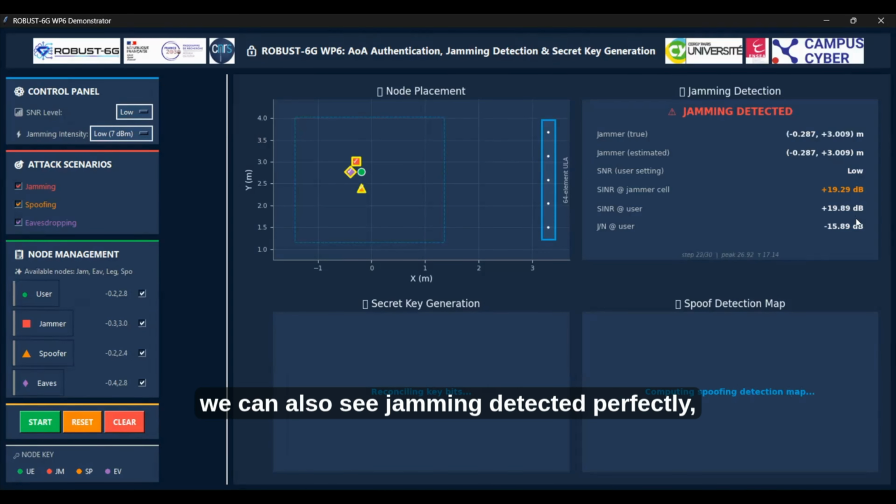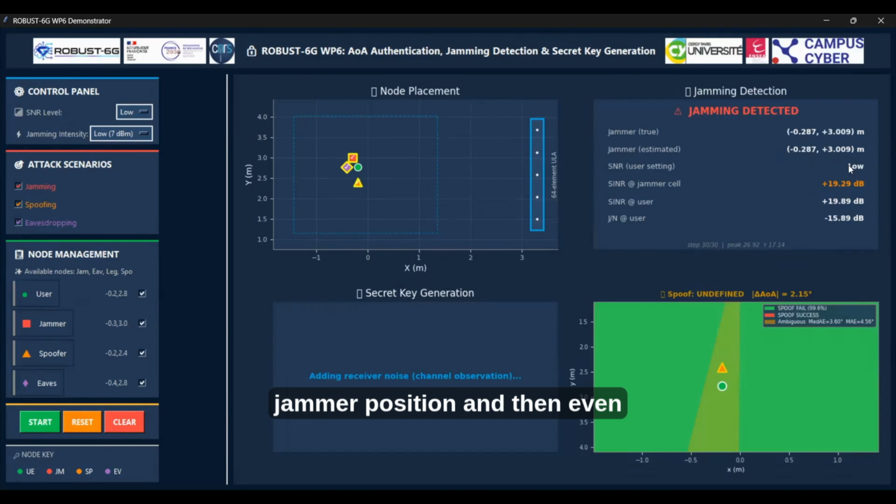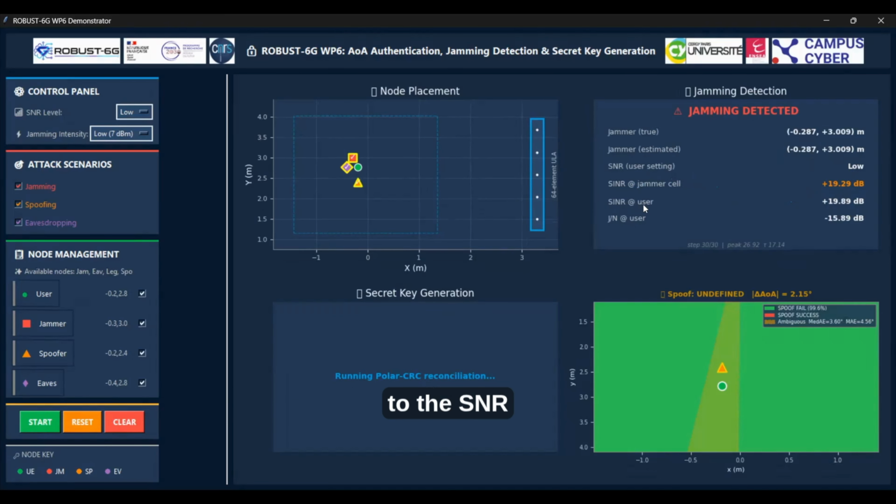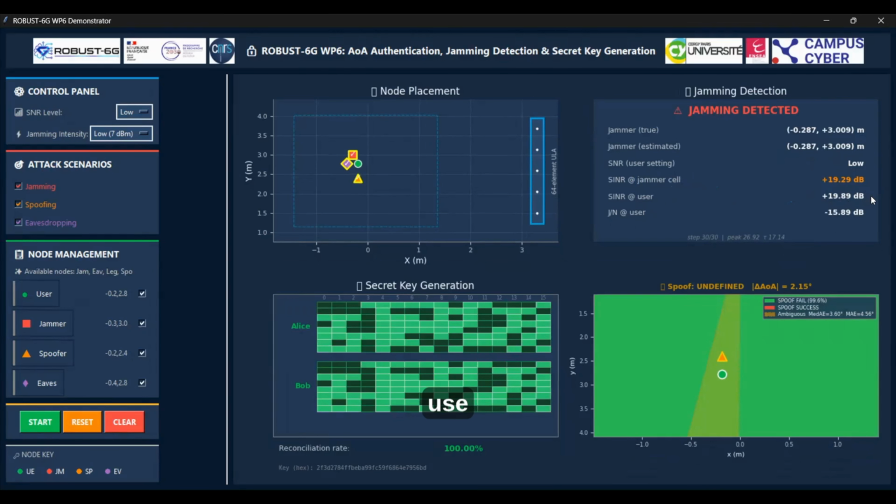Here we can also see jamming detected perfectly. The estimated position perfectly aligns with the true jammer position. And then, even though the SINR at the jammer cell is very close to the SNR at the user cell, just 19.29 dB and then plus 19.89 dB, we detect the presence of a jammer. So here it falls on the undefined zone because both of them are in the ambiguous zone, but we can see that the spoof rate is about